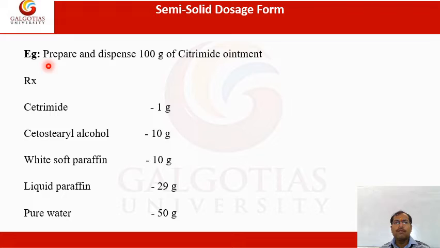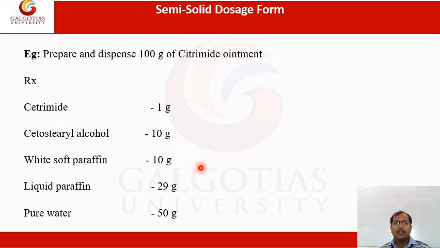It is a simple formula to prepare cetrimide ointment. To prepare and dispense 100 gram of cetrimide ointment, the quantities of ingredients are: cetrimide 1 gram, cetostearyl alcohol 10 gram, white soft paraffin 10 gram, liquid paraffin 29 gram, and purified water 50 gram.